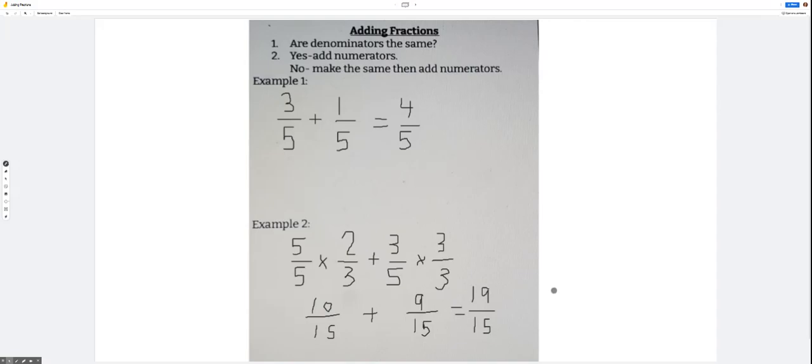But all of you right now should be able to notice that the top number is larger than the bottom number, and we call that an improper fraction. And we really don't ever want to leave our answers improper. So in order to change this improper fraction into a mixed number, we're going to come over here